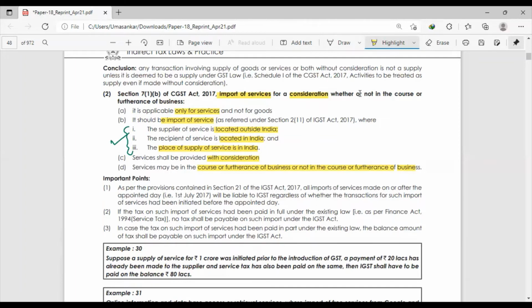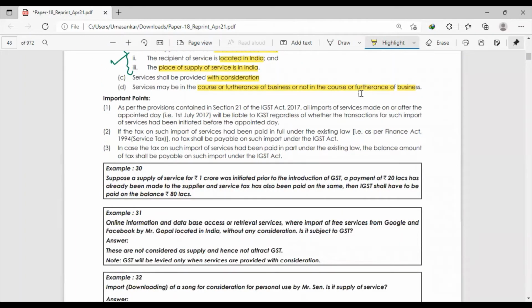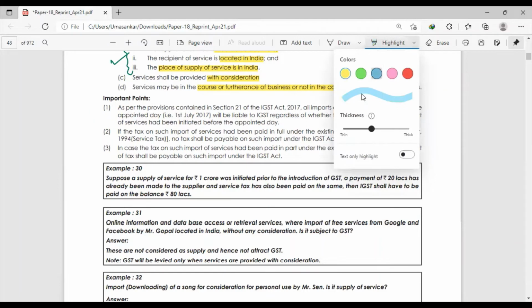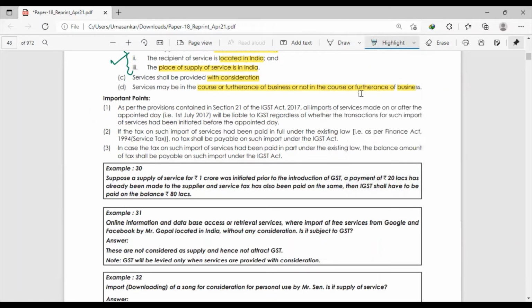Okay. Next, some of the important points we need to consider for this import of services. As per the provisions contained in Section 21 of the IGST Act, all imports of services made on or after the appointed day will be liable to IGST, regardless of whether the transaction for such import of services had been initiated before the appointed day, meaning when the GST enactment became applicable. That is 1st July 2017. Even if it was initiated before 1st July 2017, GST will be levied on all imports of services after